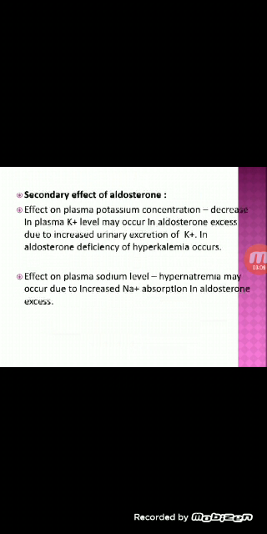So in general, aldosterone has effects on sodium and potassium. That is, it has a main action on the absorption of sodium in distal renal tubules, salivary glands, and GI, and it promotes renal excretion of potassium.